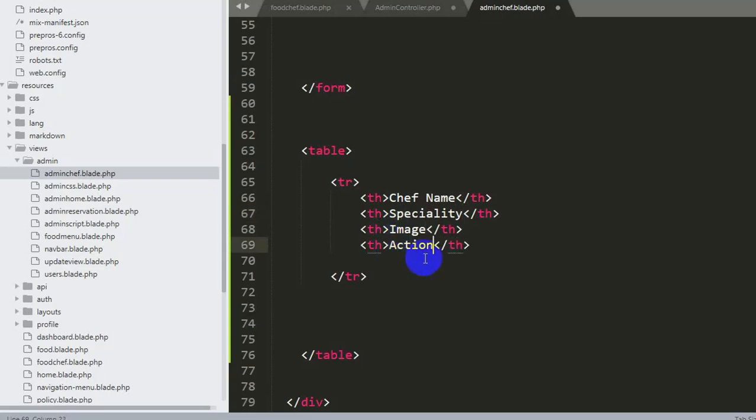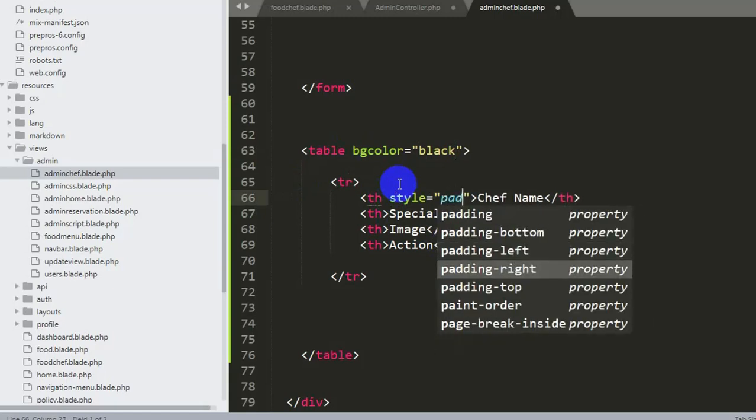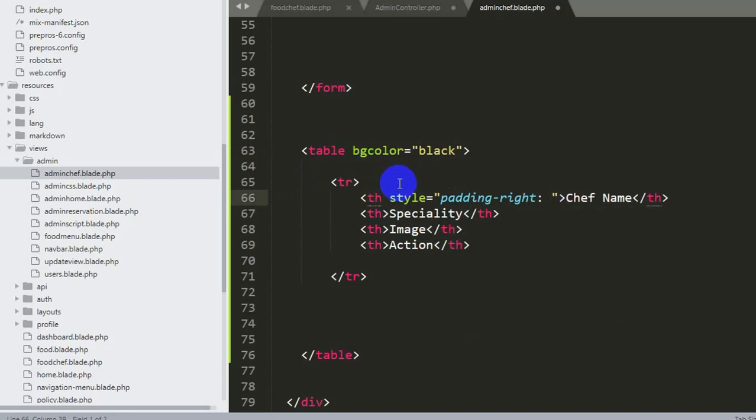Okay, so let's save it, and let's also do the design over here as well. We will say inside this table tag bgcolor, it means the table color will be, let's say, black, and in th over here we will also mention a style, and it will be only padding, so it will be padding 30px.